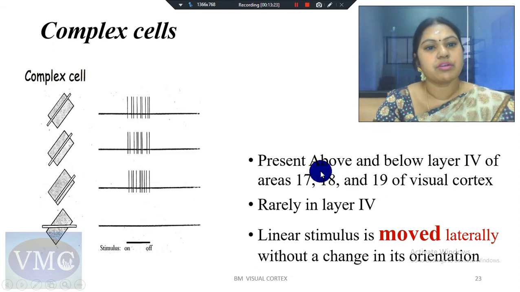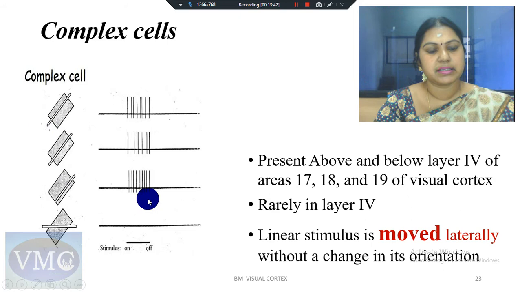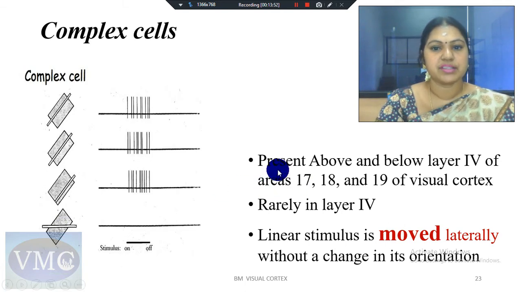We will look into the complex cells. Complex cells have much more information. So complex cells, you see here in this diagram, there is a bar of light falling on the visual field of the complex cell. So if this bar of light moves further in a particular direction, then it gets stimulated. But if it is in some other axis and it is not moving, then it is not getting stimulated. So the excitation of the complex cells depends upon the light rays which are moving.